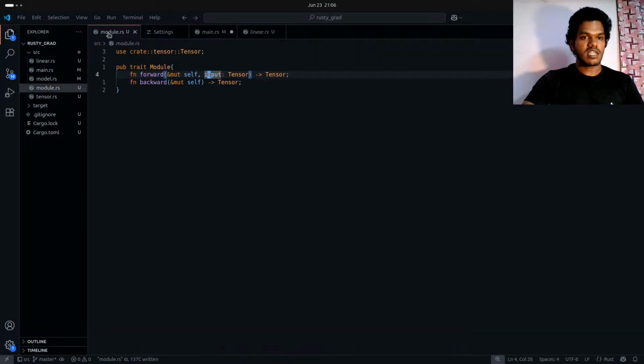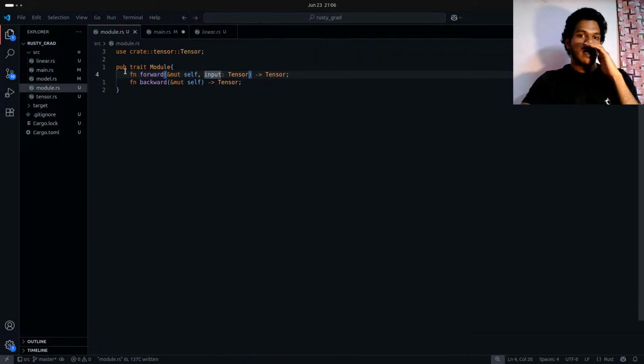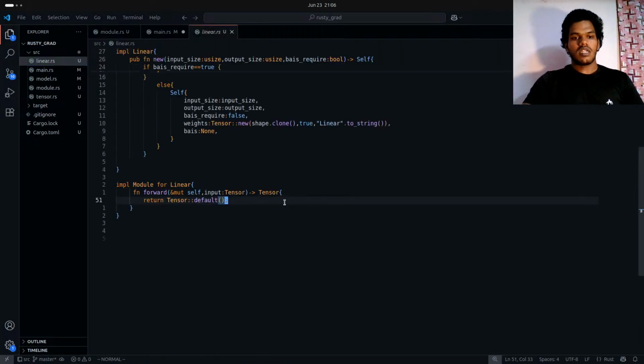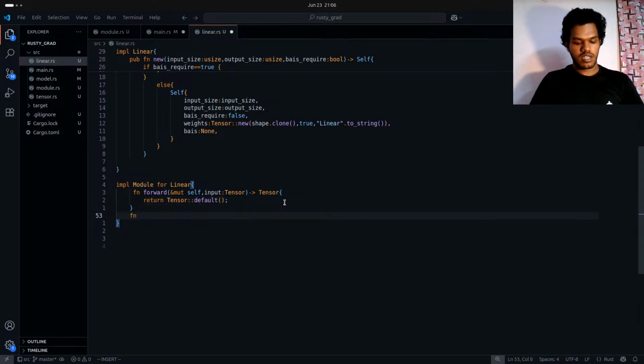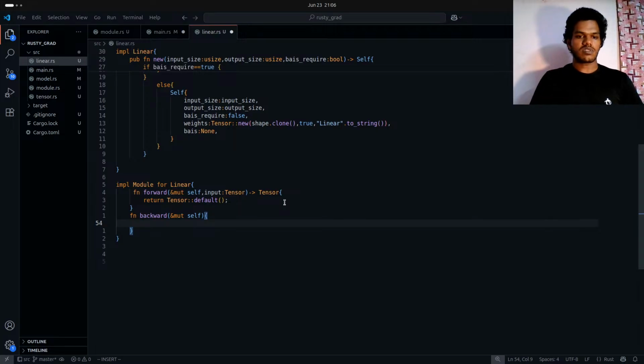But for now, let's get into the work. Let's implement this. It's F1 backward. So it's going to be a backward, and it's going to take a mutable self. That's it. All we need is that. Now we have a mutable self. What we are trying to do is basically find a derivative for each set of layers, right? If it is going to be a linear layer,